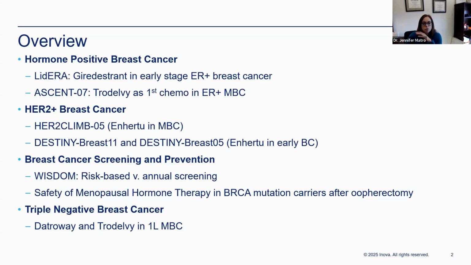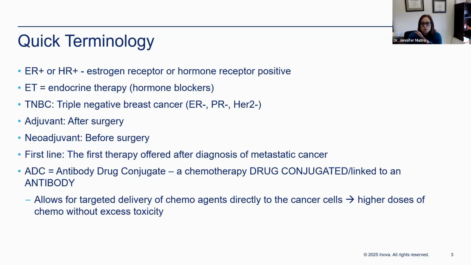So here's what we're going to go through. I'll get into the details of them. Before we dove into the science of the studies and the results, I wanted to just give some definitions and terminology and kind of an overview of some of the terms that we're going to talk about. I did a little bit of this last year if you were on the same call, but just to summarize,